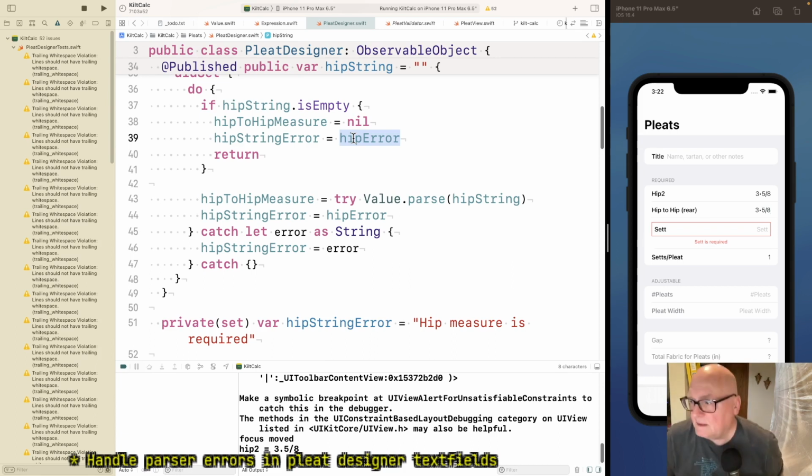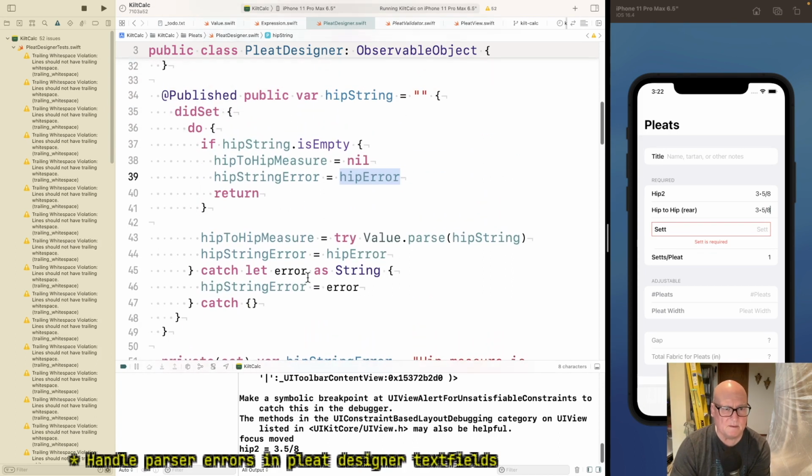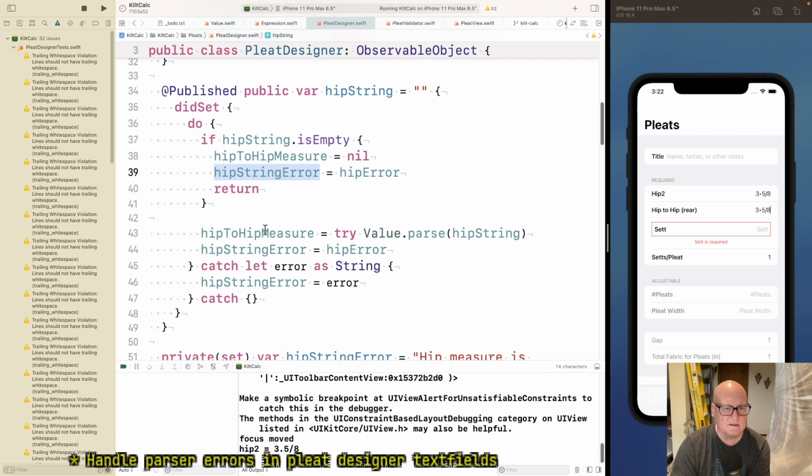You know what I think? I almost think this hip error, and in this case, it's a validation error.